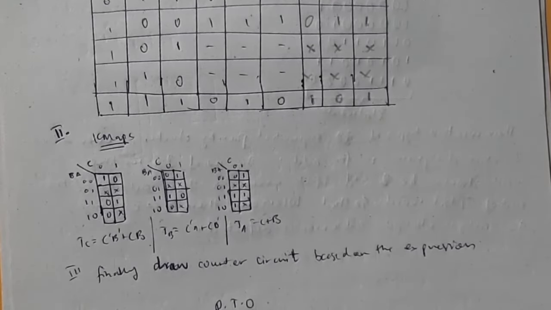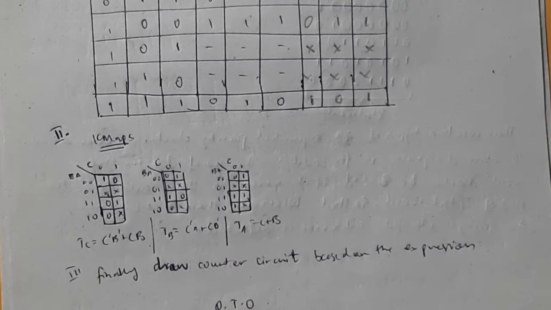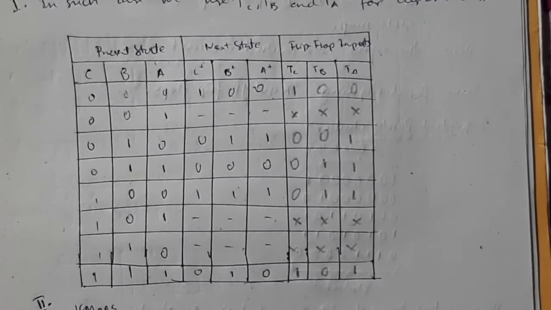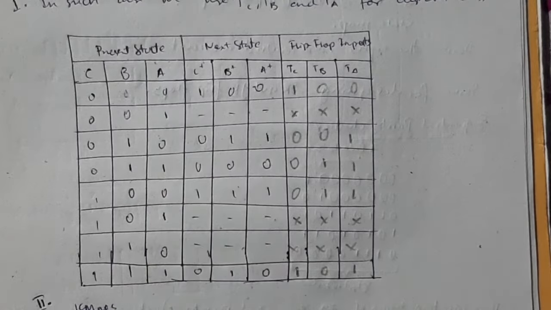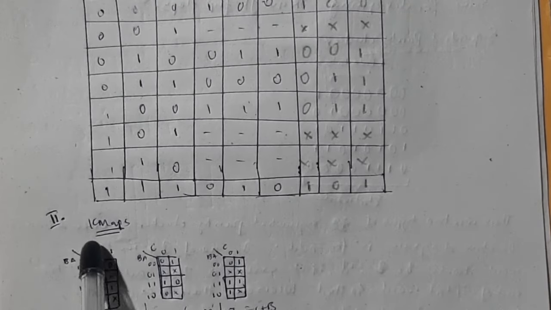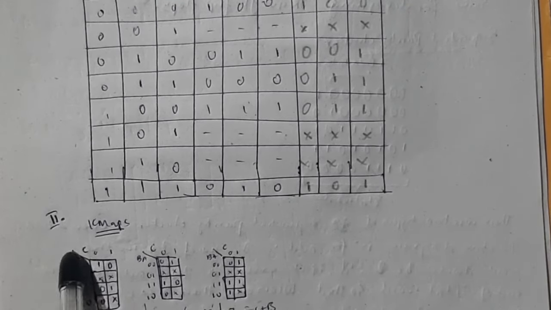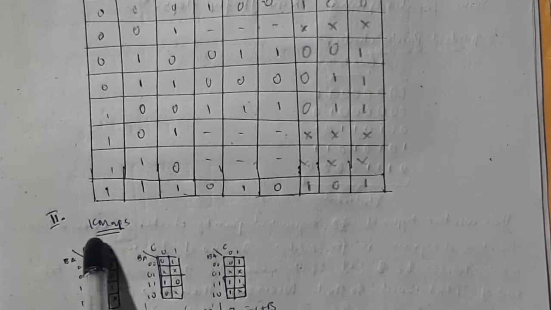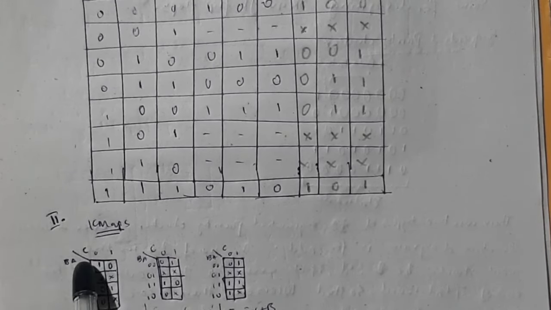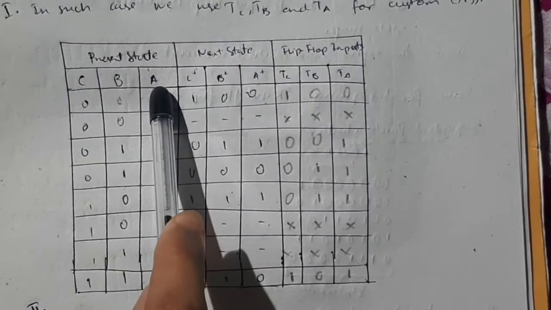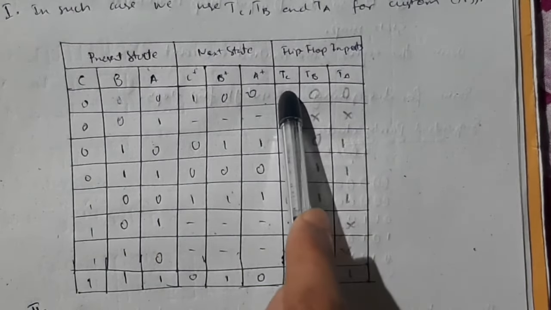In your third step, what you need to do is make the K-map for this. How you will make the K-map, I will show you for one. See, C B A, right here like this: this is representing C, this is representing B and A. Now when C, B and A are 0, 0, 0, what is the value of TC?